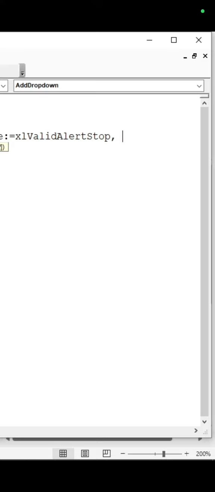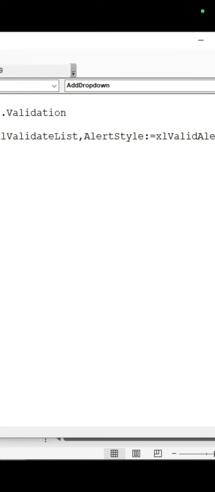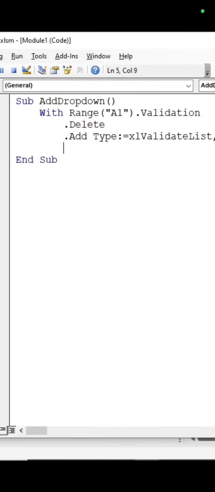Then comma, Operator, then colon, equal sign, underscore, enter, and then the next one would be xlBetween, xlBetween. Okay, next is comma,